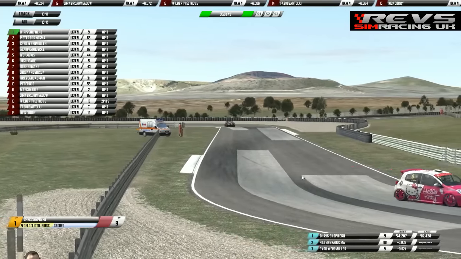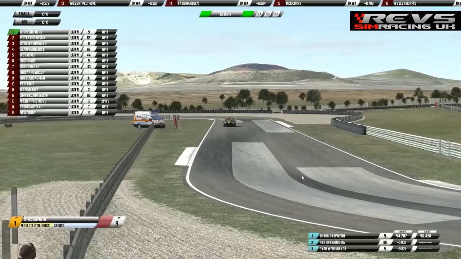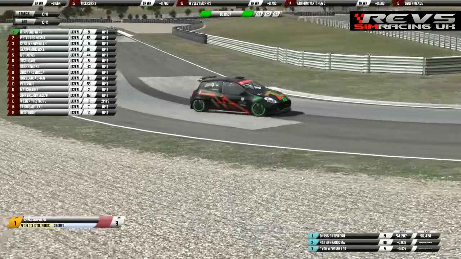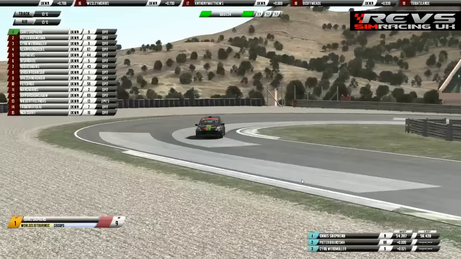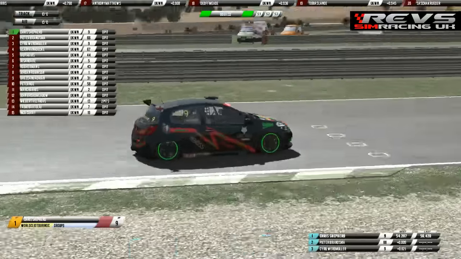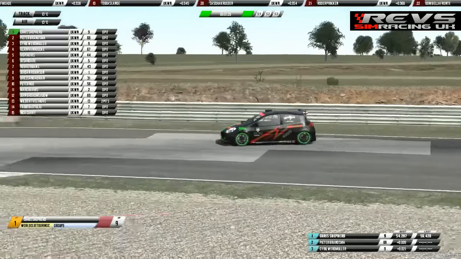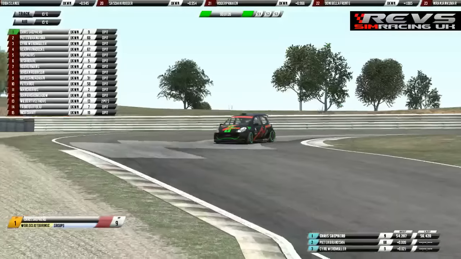9 turns and 1 mile. The Autodromo de Mores plays host to rounds 13 and 14 of the World Clio Touring Cup, brought to you by Revs Sim Racing UK. And as per usual, I'm joined here with Felix. Hi, Will. Hi. Yes, we are